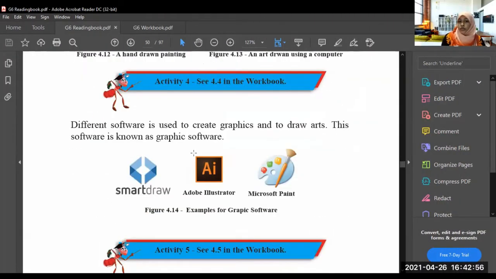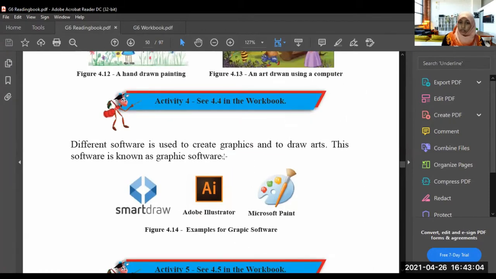Different software is used to create graphics and to draw arts. This software is known as graphic softwares. So when you are using softwares to draw arts, to create graphics, they are known as graphic softwares.